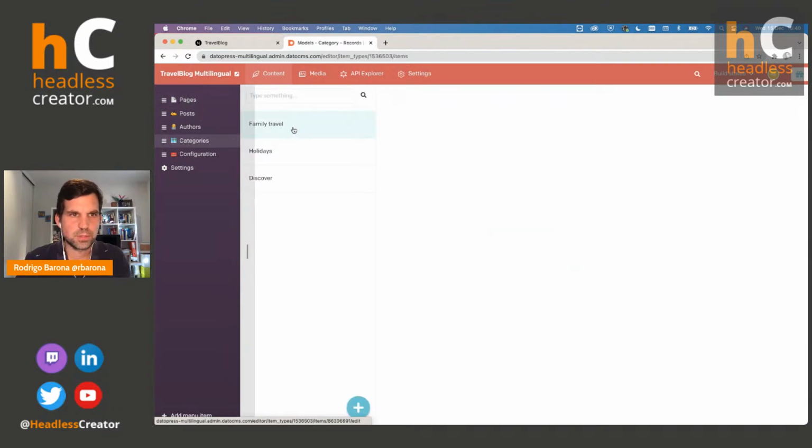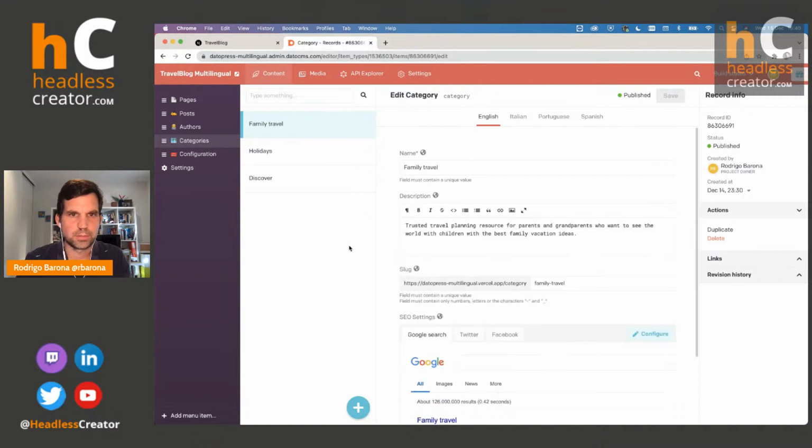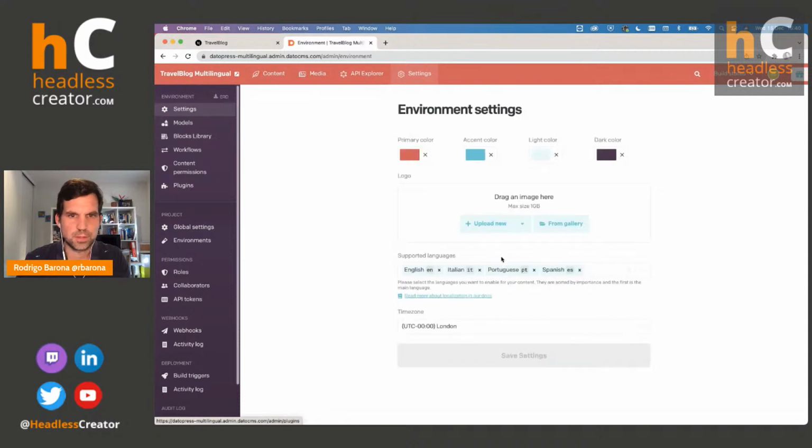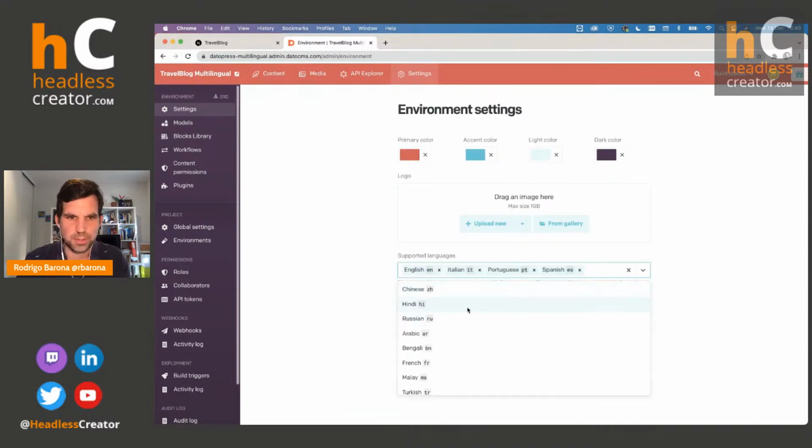One of the things that we have in Dato is we can define different languages for every field. For example, here in DatoCMS, we've defined the 4 languages. We can add more if you want in the settings area. We can define all the languages we need in the settings. Here we can add more languages, Chinese, Russian, whatever. You have a lot of them, and you have all the variations. For example, Spanish from Mexico, from Argentina, whatever. You can add specific